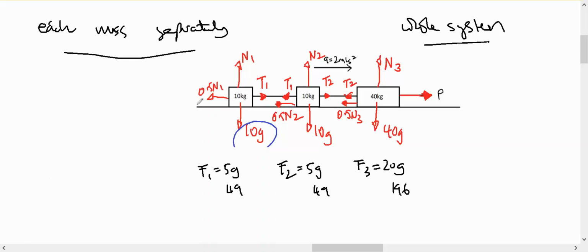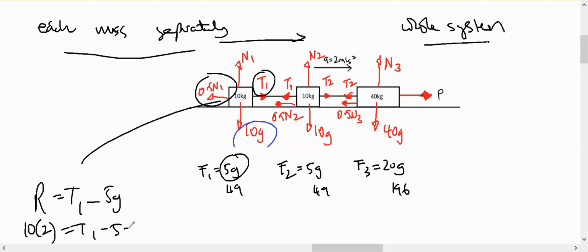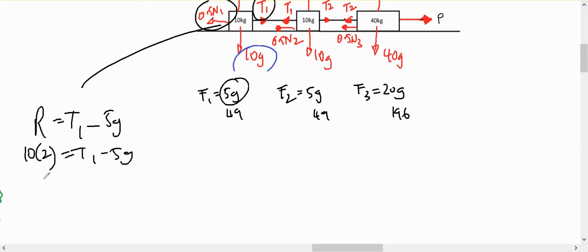so if I look at the back mass, I'm going to have resultant forces in the direction of motion, which is to the right, will be equal to T1 minus anything opposite, which is 5g. Therefore, 10 times 2 equals T1 minus 5g, or 20 plus 5g equals T1. So T1 equals 20 plus 5g, or you could write that as